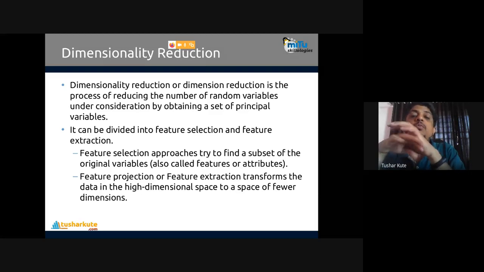Fine. So there are two tasks in dimensionality reduction: first is called feature selection, and the other is feature projection or extraction.